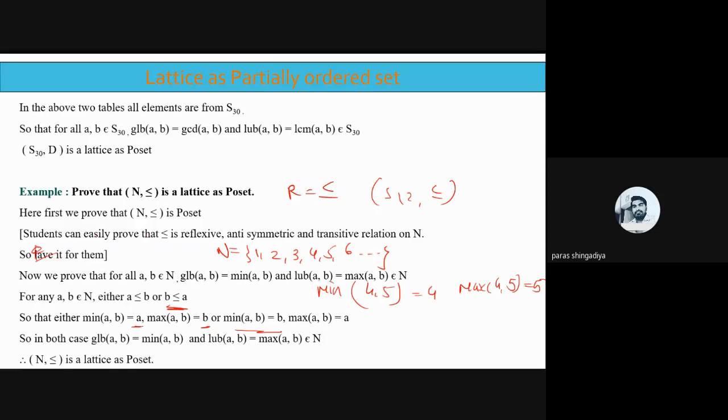If this is asked in the exam, first you have to write the conclusion for the poset, that is, check reflexive, antisymmetric and transitive, and after that you have to check GLB and LUB. This is for an infinite value set, so we just apply the general result to check the GLB and LUB. And if we have a limited value set, as in the above case where S13 is given, we can easily prepare such a table and easily check which one is lesser, which one is bigger, which one is smaller.